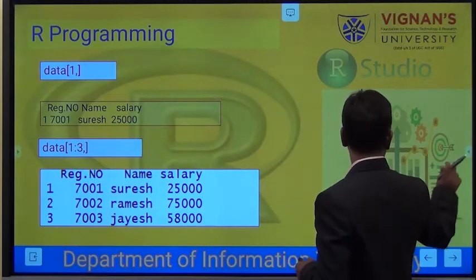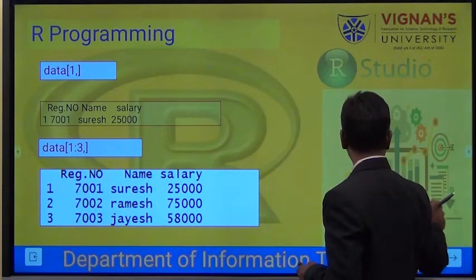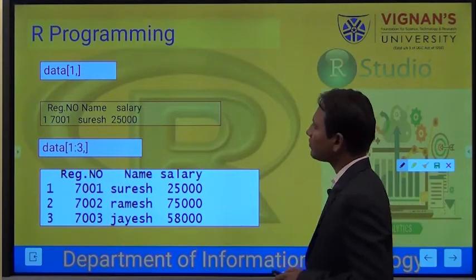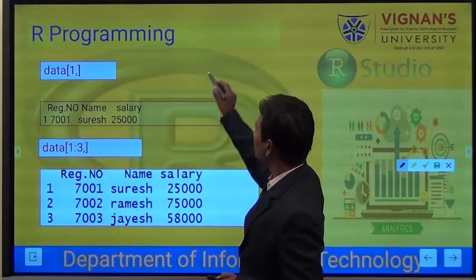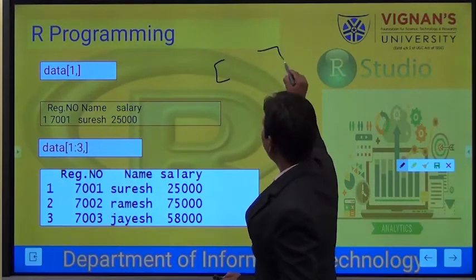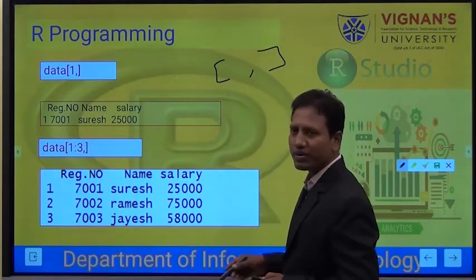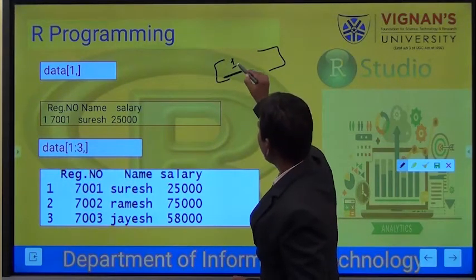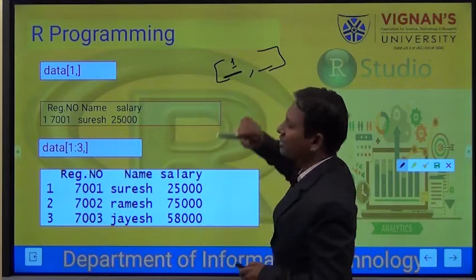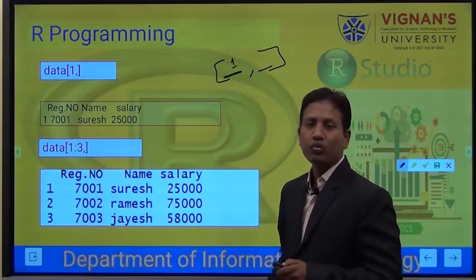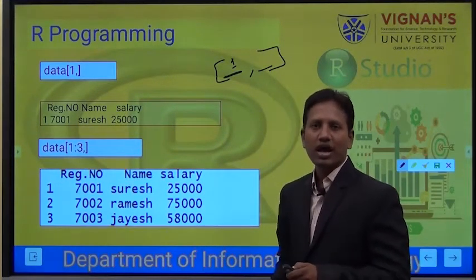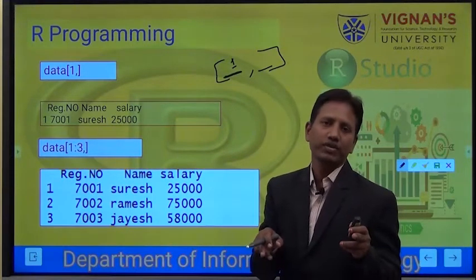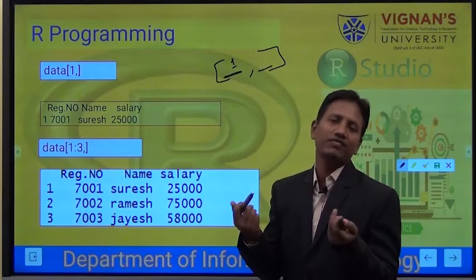See here. In my indexing, in this place I have put the row index as 1 and I left this as empty. What does it mean? I am saying that the first row you pick, and columns I left empty.